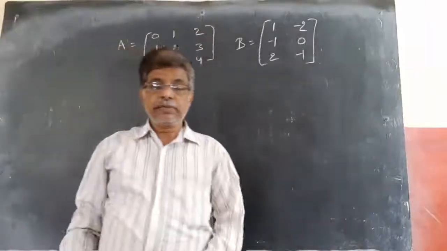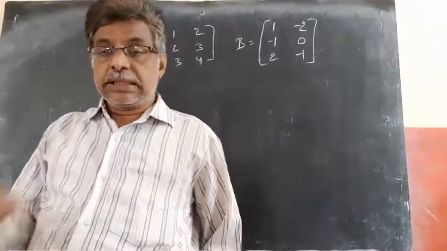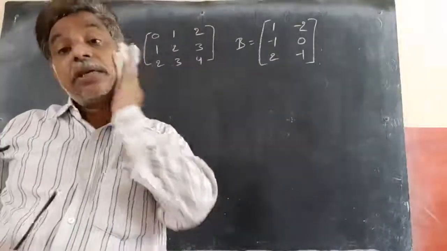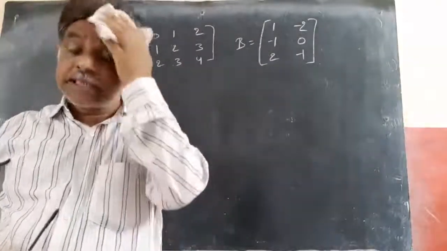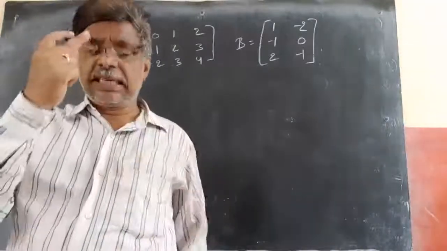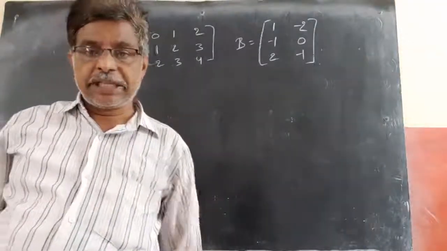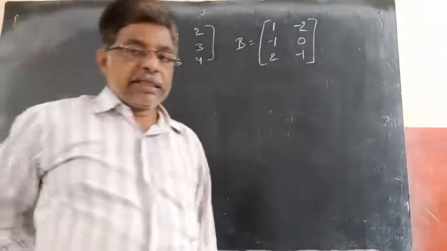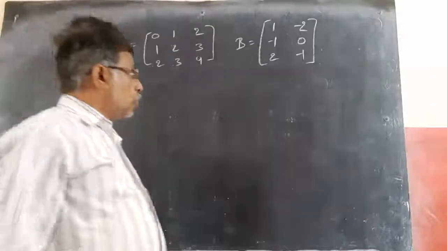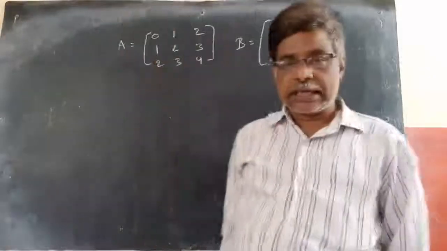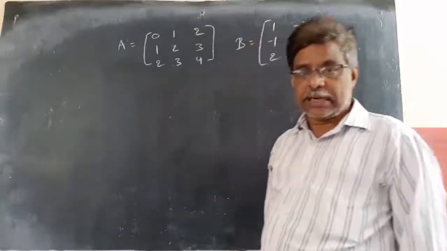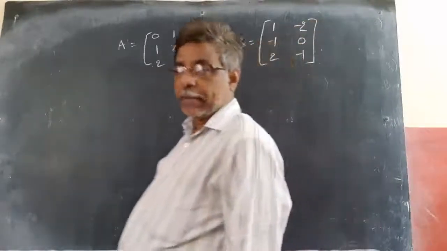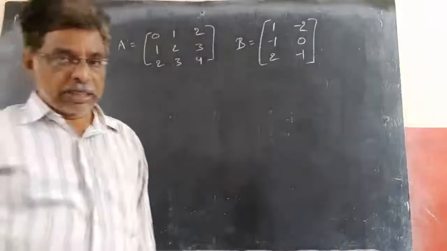Good morning, everybody. We are discussing matrices. In the last class, we discussed addition of matrices and product of matrices, basics, properties. We started how to do the multiplication or the product of matrices. The multiplication of matrices is possible only if the number of columns in the first matrix is equal to the number of rows in the second matrix, and the resultant, if it is m by n times n by p, is m by p.